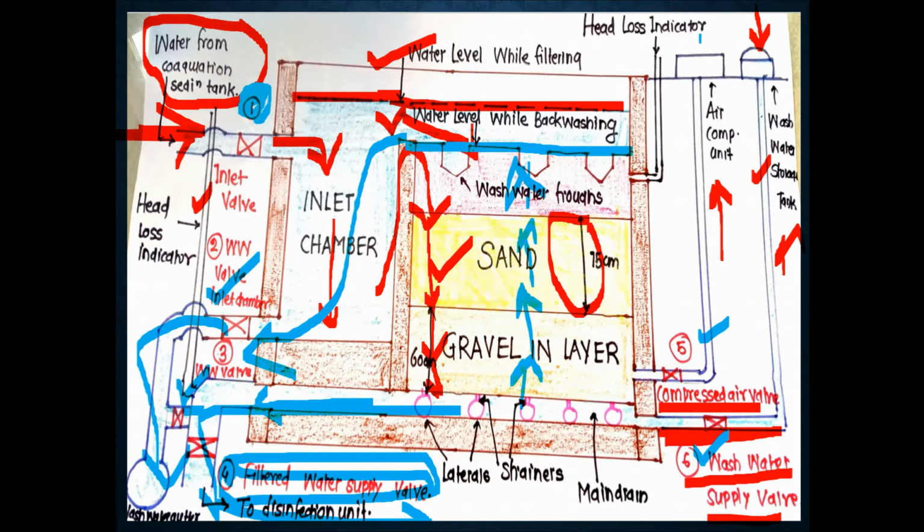Here additional accessories are there, such as the head loss indicator. Here you are also able to observe where the head loss indicators are placed. One head loss indicator is placed in the under drainage system pipe, and the other is present in the wash water troughs. Hence the difference between them, with the outlet filtered water present, should not exceed a certain value. When it exceeds the certain value, we get an idea with the help of the head loss indicator that head loss is too much and the filter is not working properly.